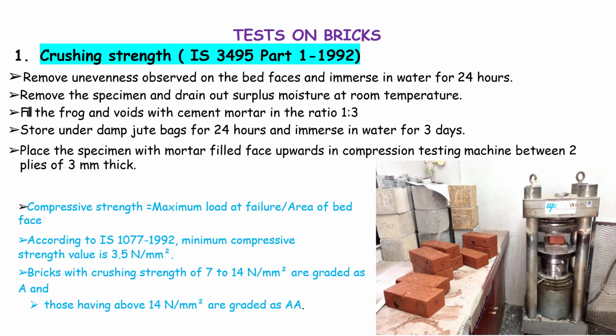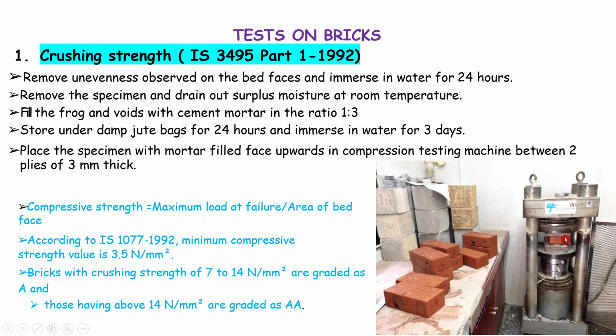We have already seen that the compressive strength should be this much for each particular class. So how are the tests done? Let's see the compression testing on the brick. We can see the bricks ready for testing, and a brick in the compression testing machine. There is a cylinder here. You place the bricks above that, and then you compress from the top or the bottom. In this case the top is fixed and you apply the pressure from the bottom. So we can know at what load or force the brick breaks, and we can find the compressive strength.